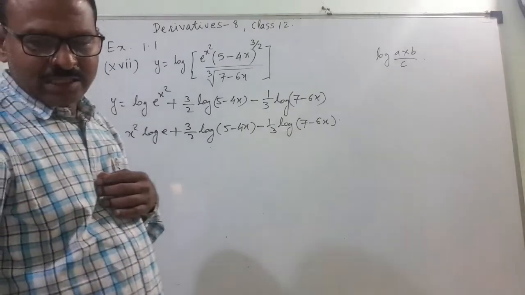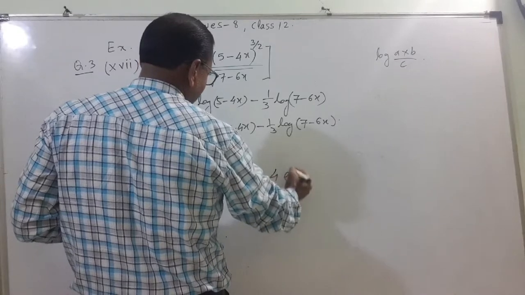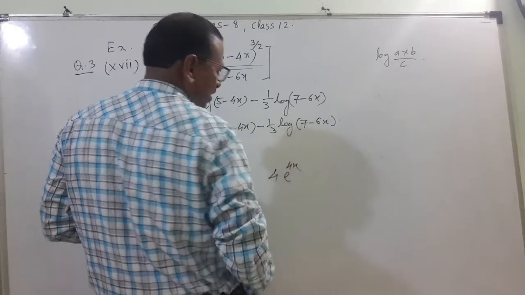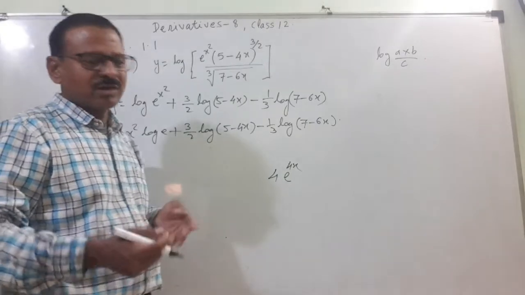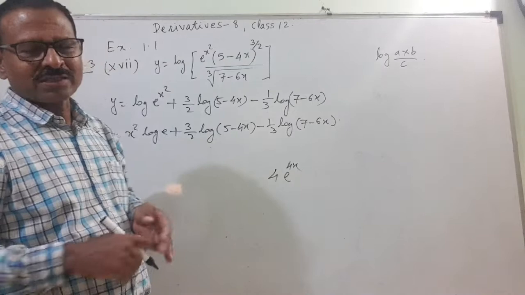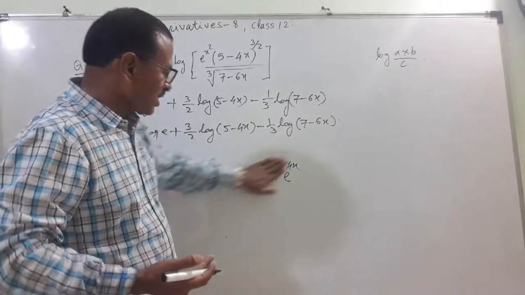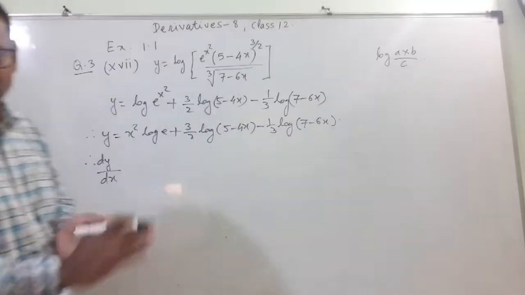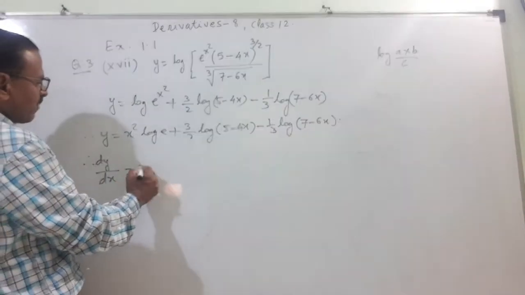In the last video there was one question, 4 into e raised to x or something, e raised to 4x or something. Somebody has commented, take it common. Somebody will solve by multiplying, somebody will solve by taking the common. That is just the 10th standard knowledge you are applying and showing that you are very intelligent. That is nonsense. Don't do any show off.